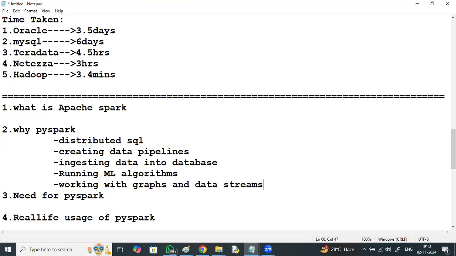So why PySpark? For distributed SQL, for creating data pipelines, for ingesting data into databases, for running ML algorithms, and working with graphs and data streams, right?